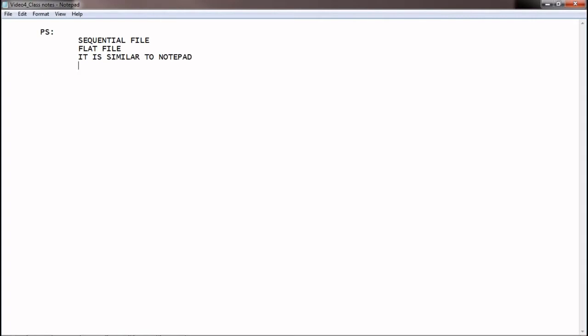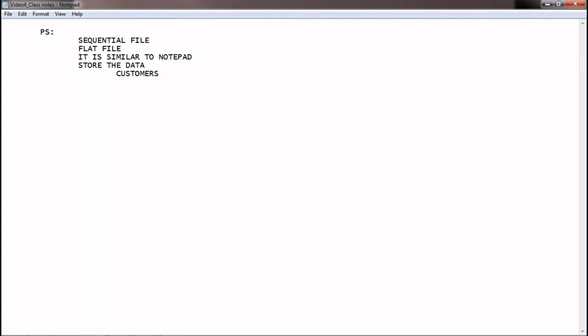In Windows, in notepad, we write data. If you take this notepad itself, I'm writing the data, right? Similarly, in a sequential file, we can store data. What type of data, if you ask me? It can be bank customers data, insurance company customers data, retail company customers data.